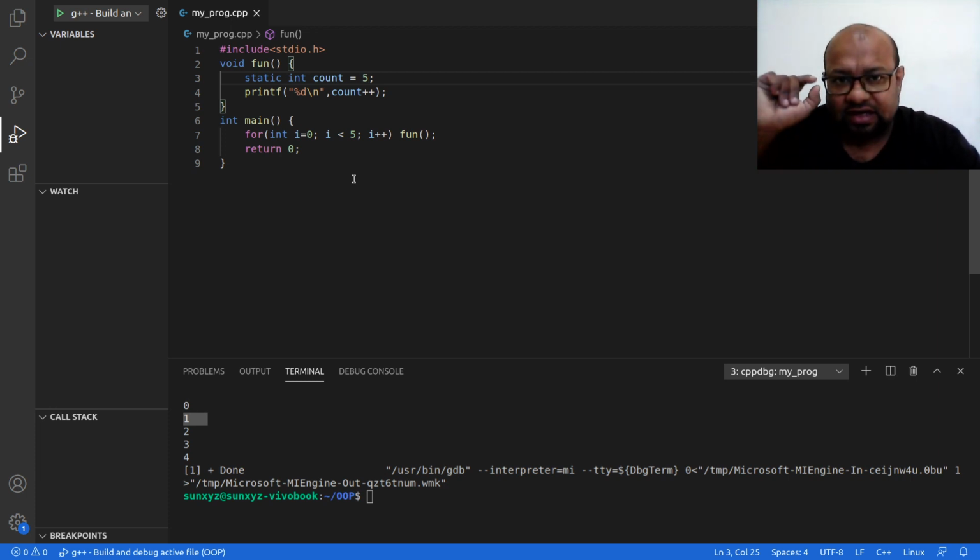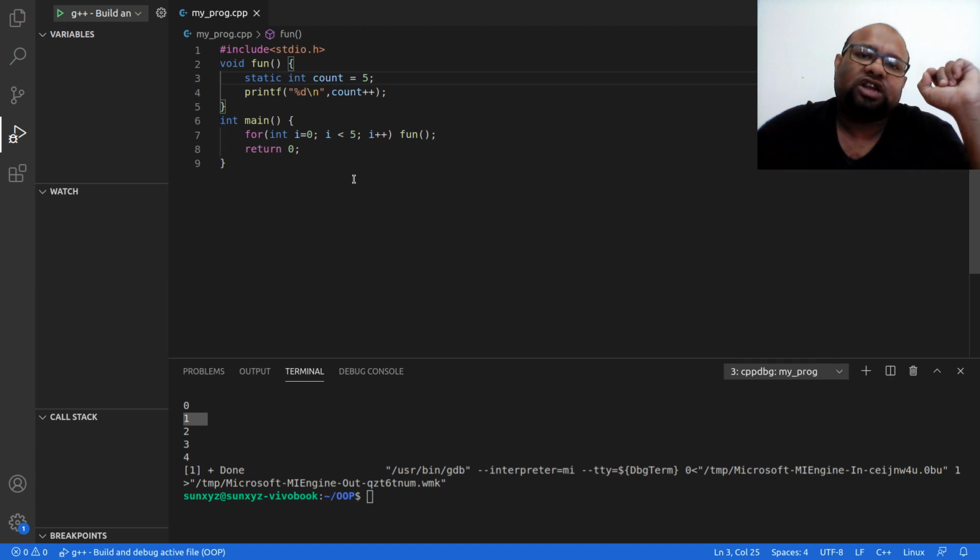The memory that you allocate for count, it is going to be given to this variable at the very start of the program. When you start the program, before you even call the fun function for the first time, even before that, this memory will be allocated for your function. Alright, so that is something that you are going to do.